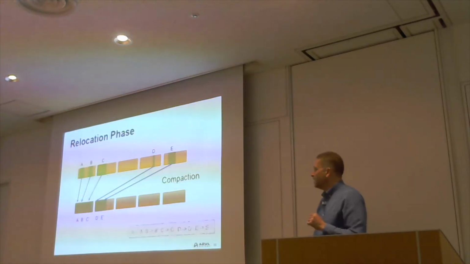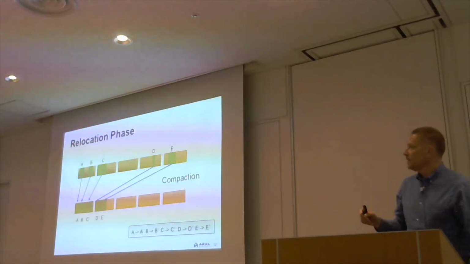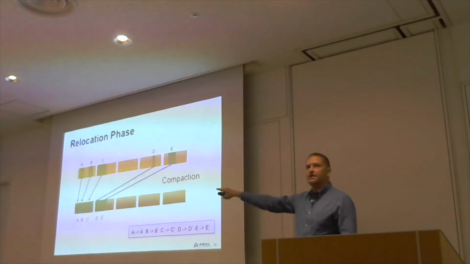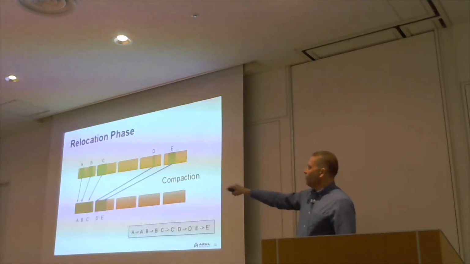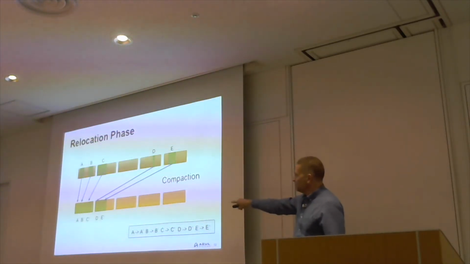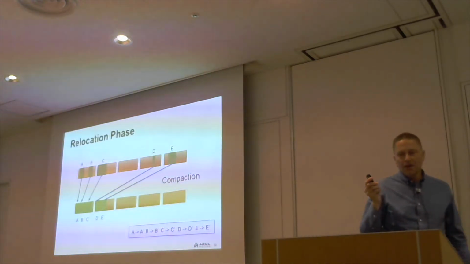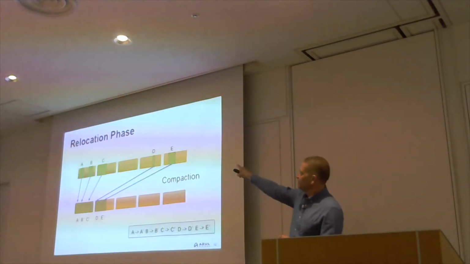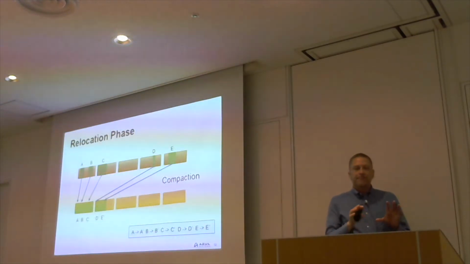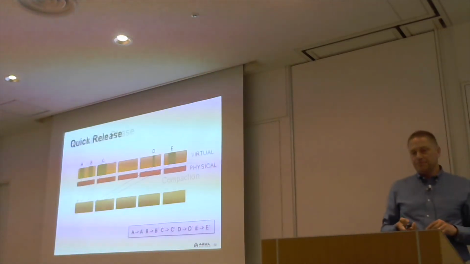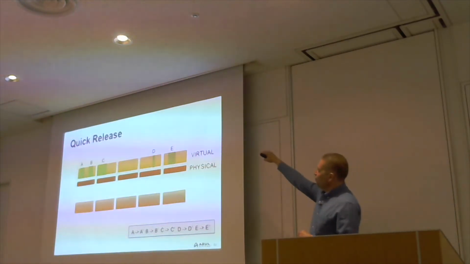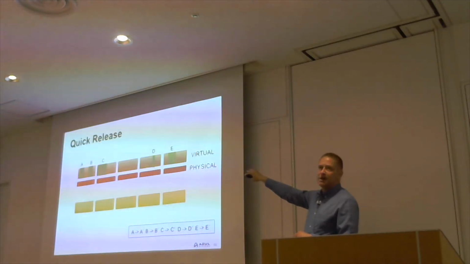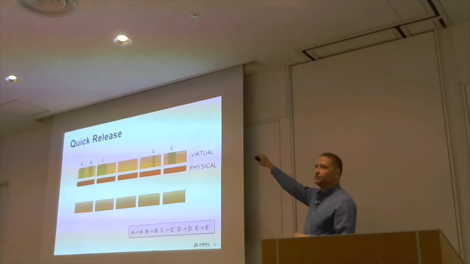What we also do is we create a side table. And the side table is the mapping from where the object was to where the object is going to be. That way A becomes A prime, B becomes B prime, and so on. And all this information is held in this side table. The reason we put it in a side table is so that the objects that we have in the upper part here, A, B, C, D, E, this is where we can get clever with our memory management, because you've got 2 things here. You've got the virtual address space of your application, and then you've got the physical address space of the memory in your machine. And the virtual memory system will map between the 2.